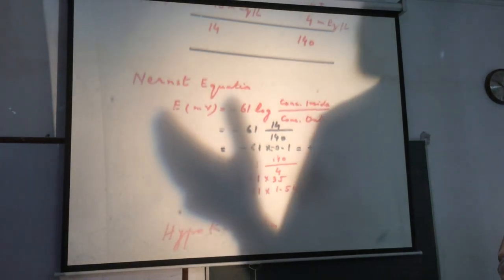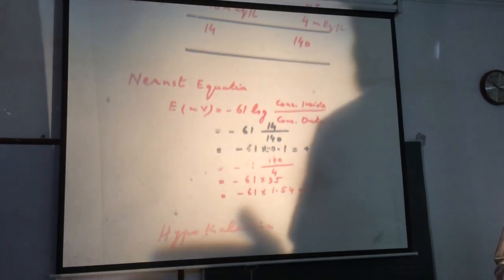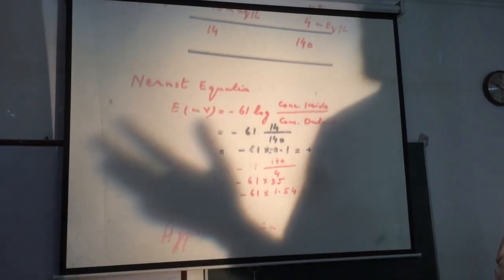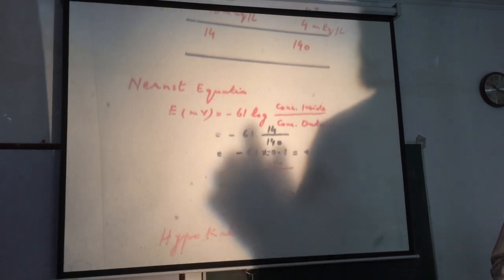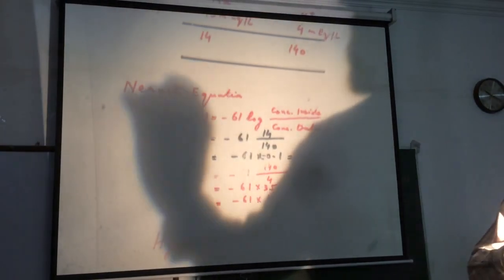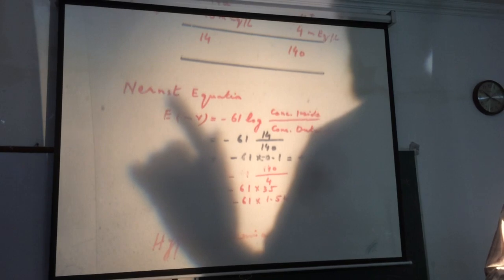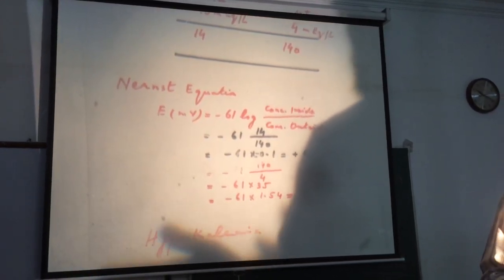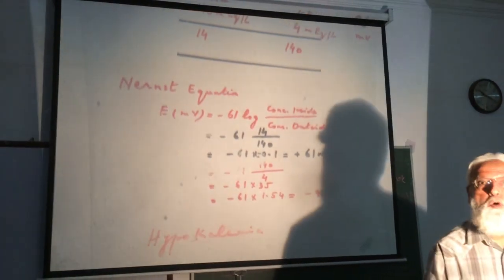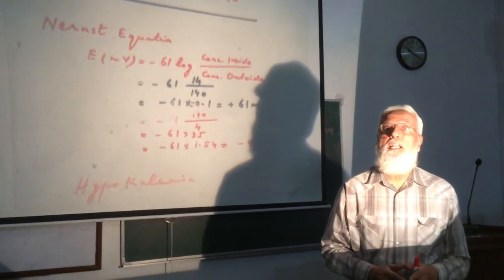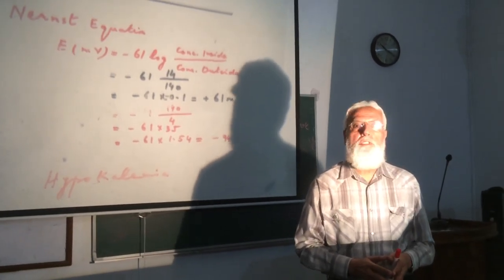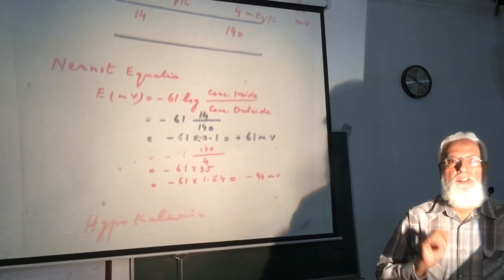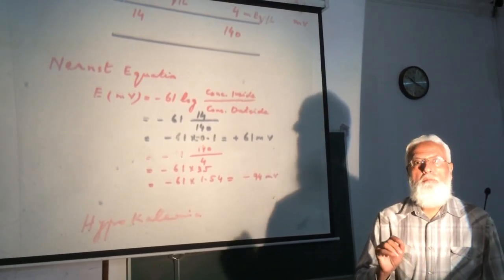Now when there is low plasma potassium or low potassium in the ECF, extracellular fluid, potassium will tend to diffuse out more because of low potassium outside. So when potassium tends to diffuse out more, inside becomes more negative. Inside becomes more negative, and this is called hyperpolarization.